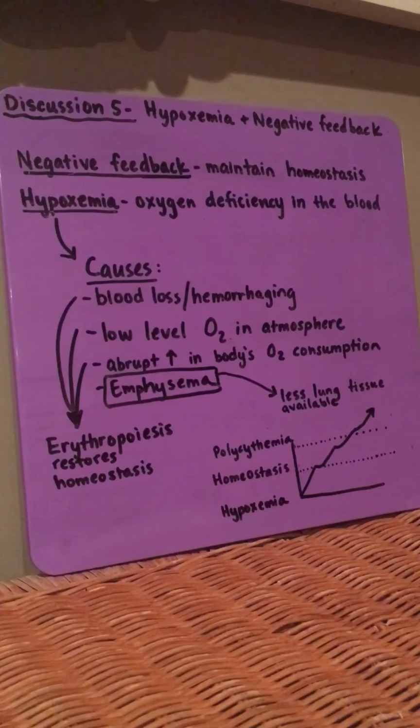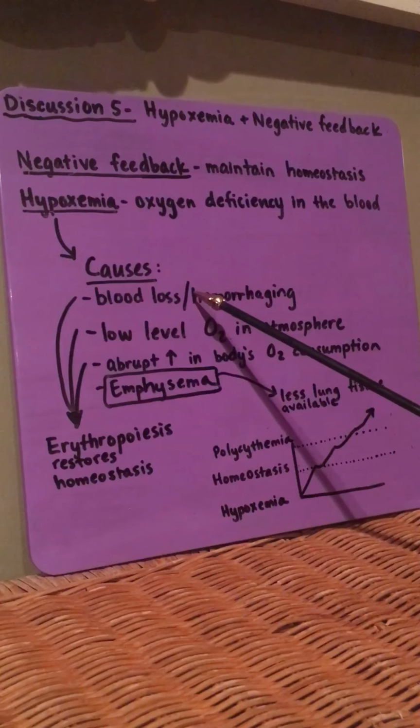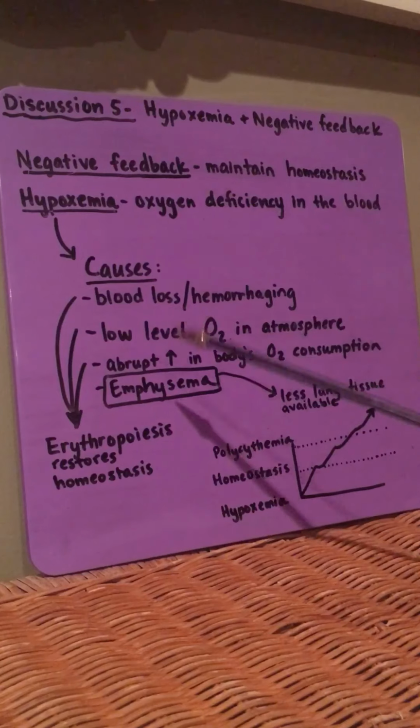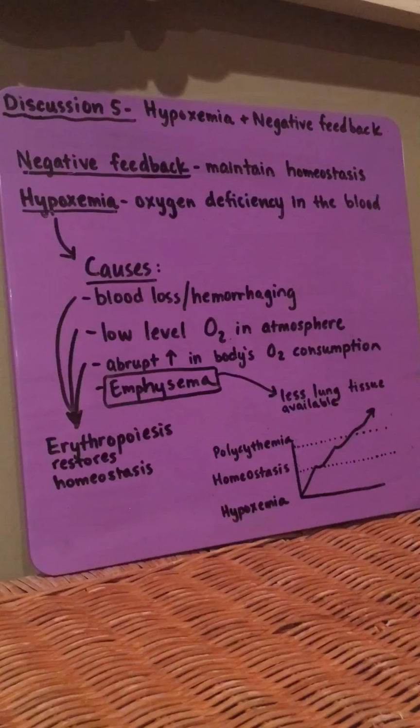It's important to note that while hypoxemia can be a result of blood loss, it has a few other causes as well. One other cause of hypoxemia is a low level of oxygen in the atmosphere. For example, if you were to move from a place of lower elevation to a place of higher elevation, like from Miami to Denver, the lower oxygen level at the high elevation in Denver would produce temporary hypoxemia and stimulate EPO secretion and erythropoiesis. The blood of an adult who lives at a higher elevation would likely have a higher red blood cell count